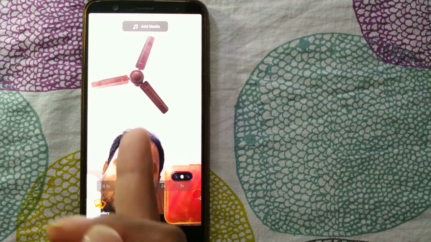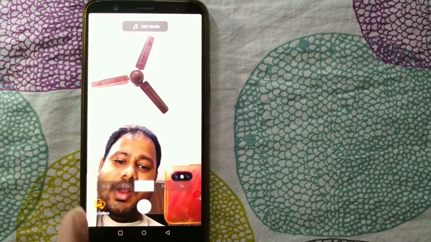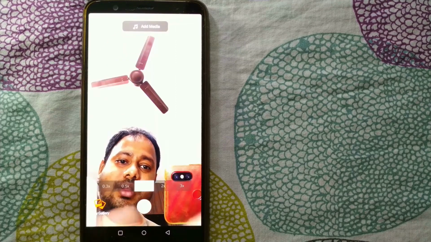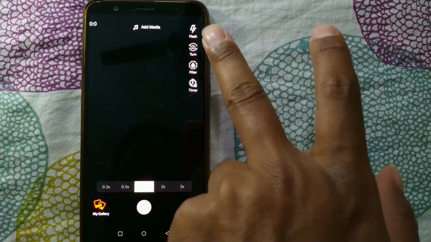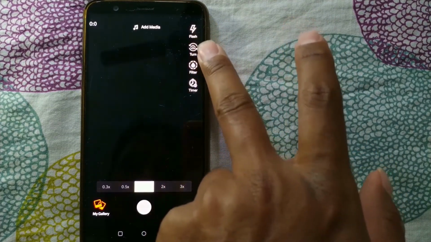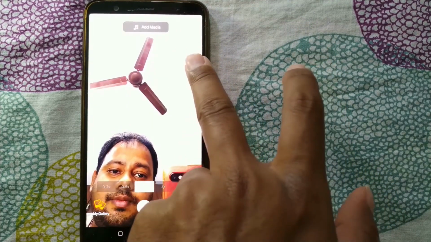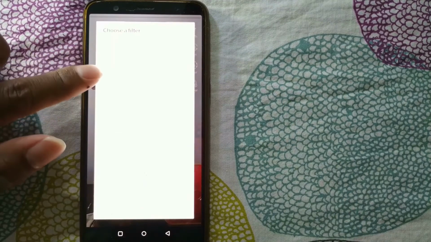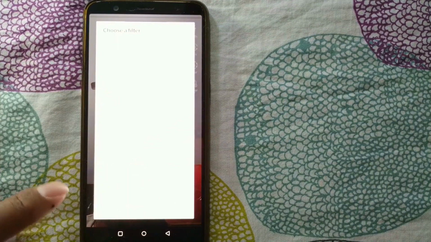You can very well see my photo and all those things. Right now I'm not making any video, just for example I'll show you what else is available. Flash, turn, I can choose my camera, your back camera or rear camera or your front camera. You can get a lot of filters as well. If I choose normal, bilateral, box blur, a lot of filters are available. You can use them while creating a video.